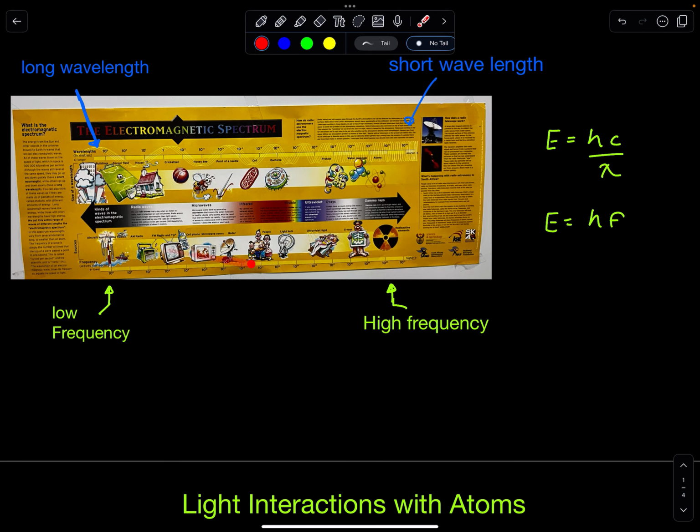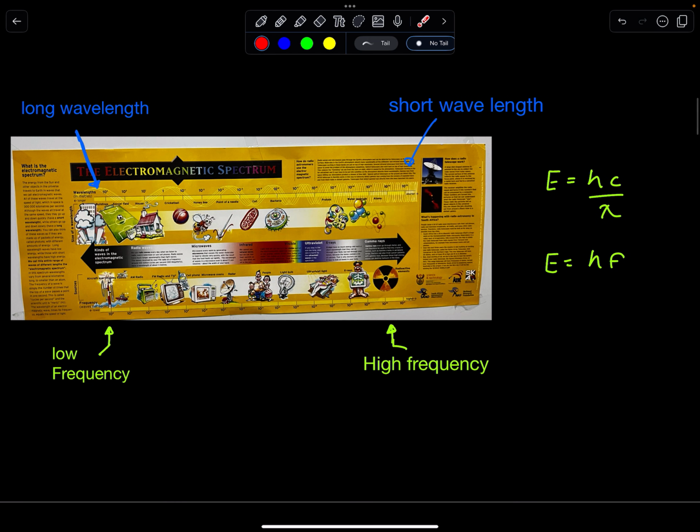Here's a good example of the electromagnetic spectrum and what we should remember about it. You should be able to remember all the different frequencies and bands. So we've got gamma rays, X-rays, UV light, visible light. And we just have to know that the high energy ones, the gamma rays, have high frequency, and the low energy has low frequency. In contrast, the low energy has long wavelength, high energy has short wavelength, and we should